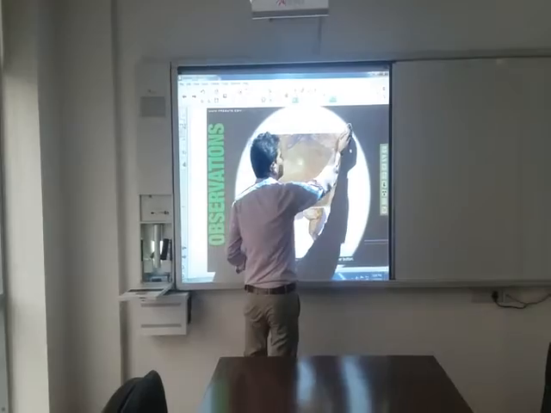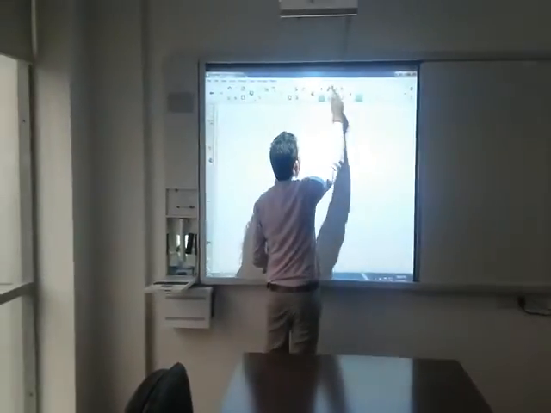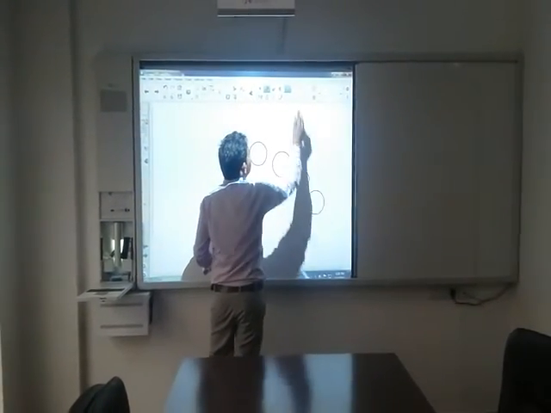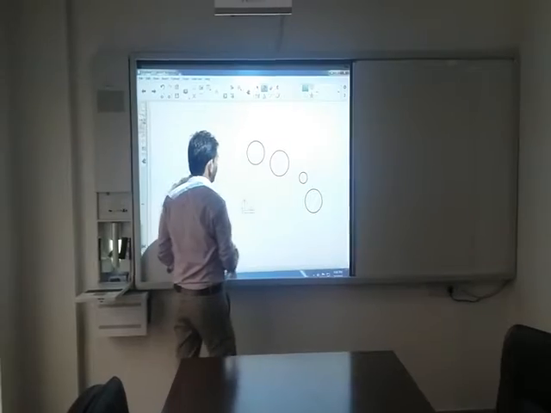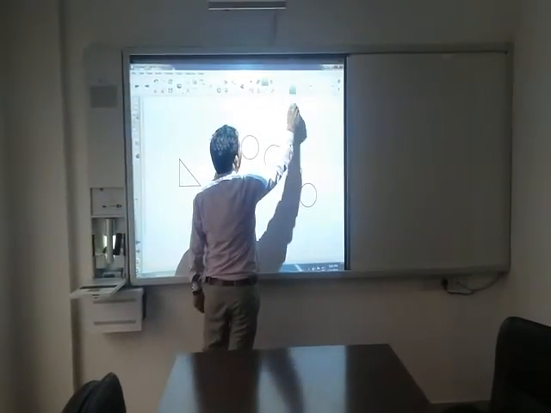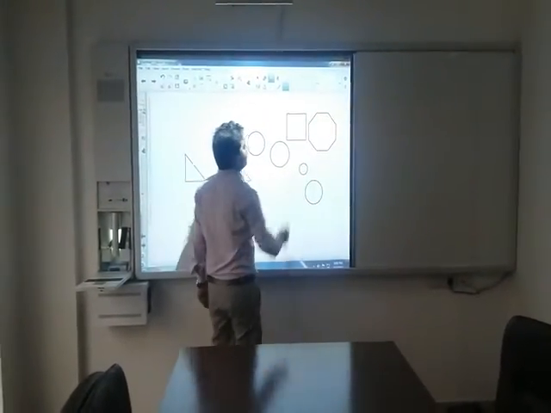Okay. And math tools are also there. Like if you need to draw a circle, then select a circle or multiple circles, and a rectangle, a triangle. As per your choice, you can draw also. Pentagon, hexagon, octagon, rectangle. Then we can draw multiple mathematical shapes also.